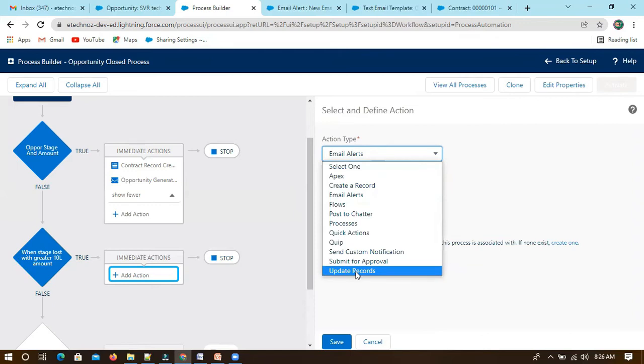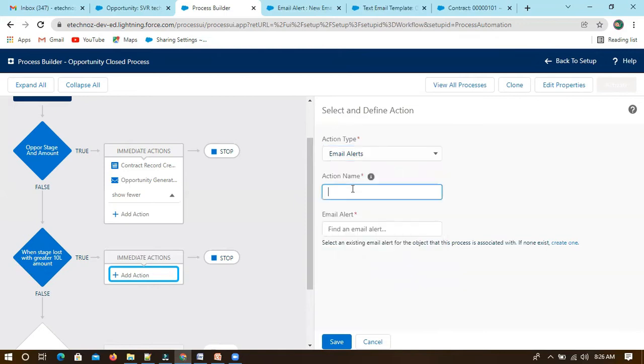I'm going with email alert. So, send notification upon opportunity lost.